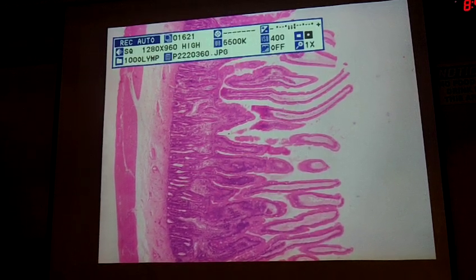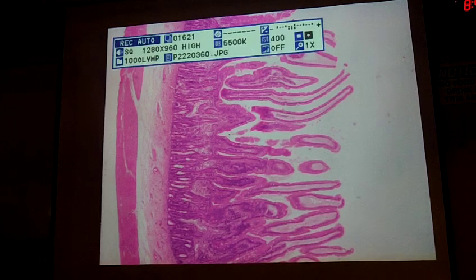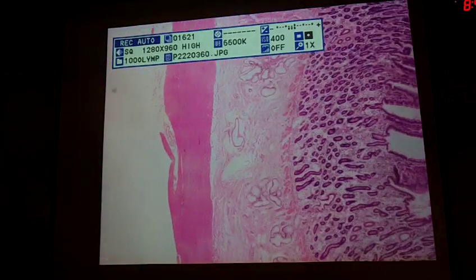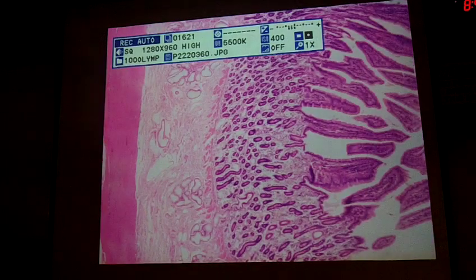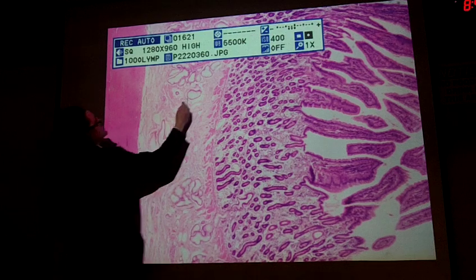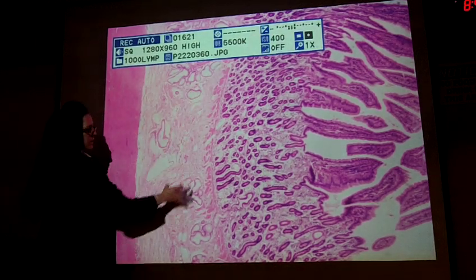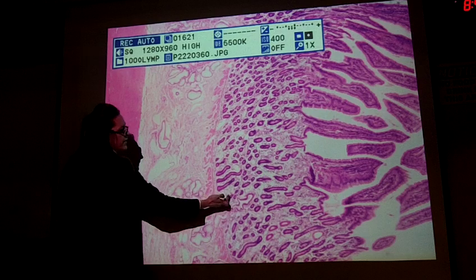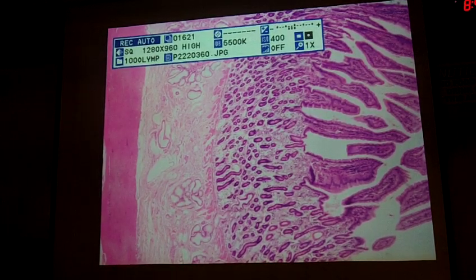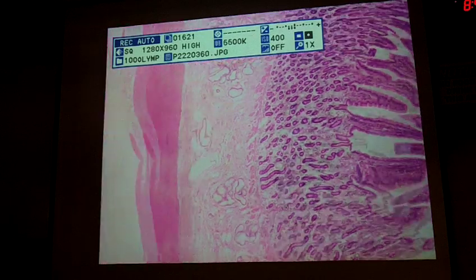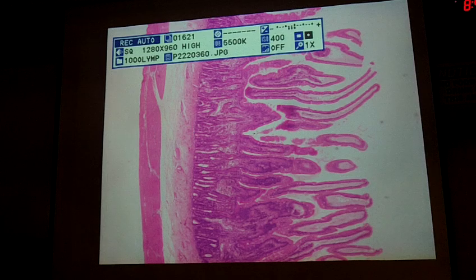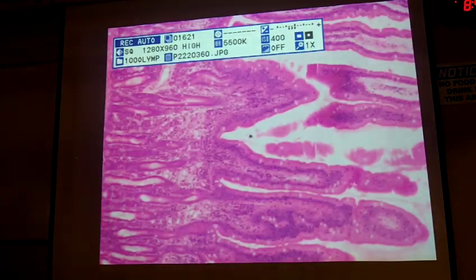And so just look at that one more time, and let me show you Brunner's glands one more time. So this is the duodenum, and these are your Brunner's glands. You see they're big clumps of glands right at the base of the mucosal tunic. So if we magnify this, we go over to the jejunum here. And if we take this up to 4x,